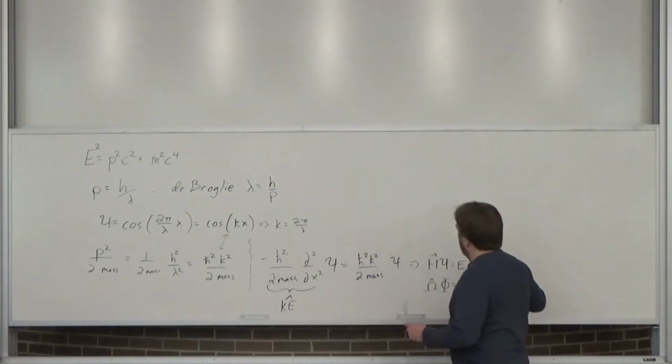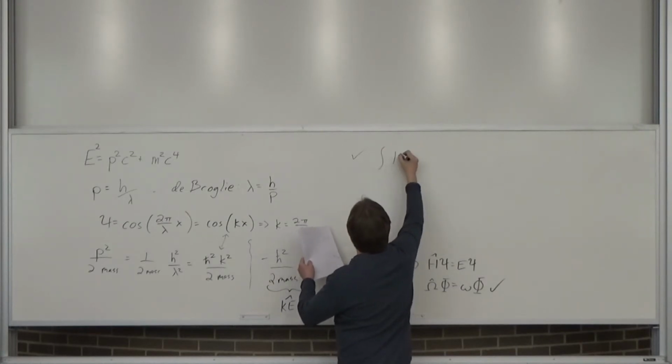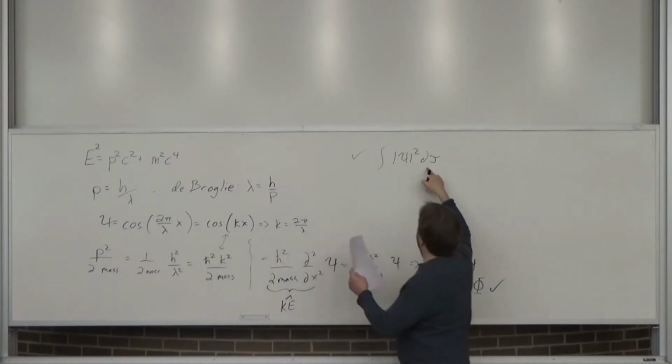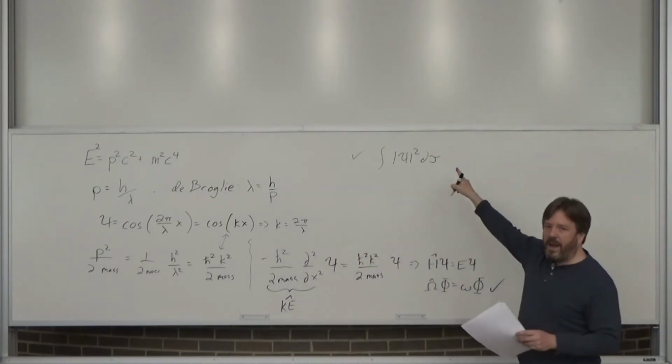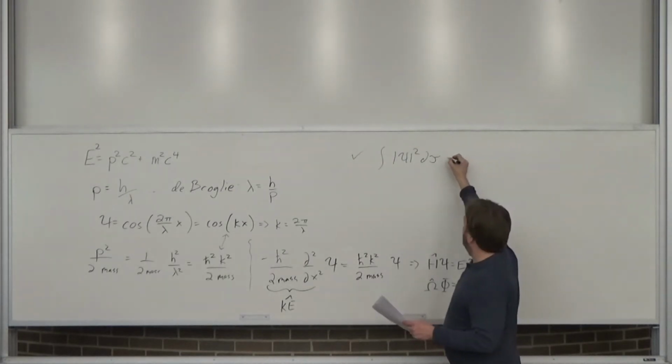So this is important. Let me put another check by one of the most important things, which is, of course, that the wave function squared, and I'll use this little d tau. So I may be doing x, y, z, maybe I'm doing r, theta, phi. Regardless,